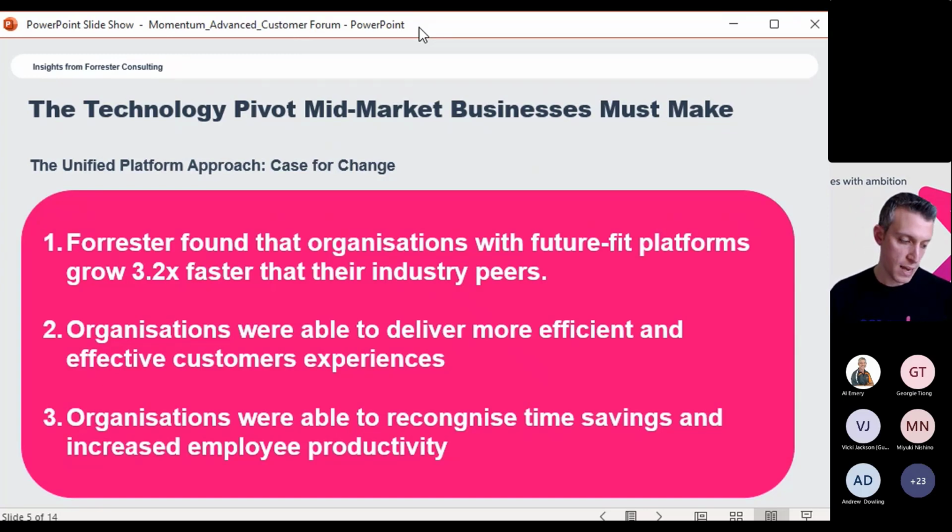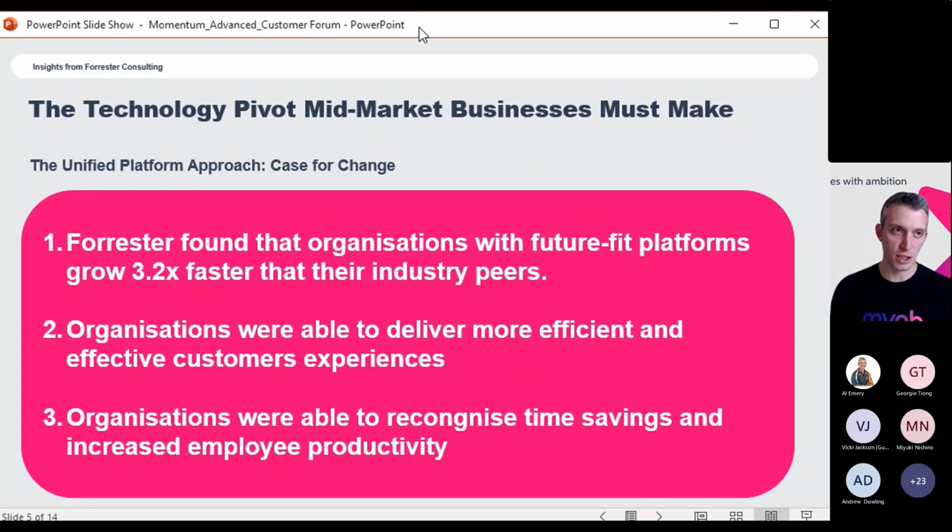The other 2 aspects that came out from this unified platform research were, first, that organizations running in this environment were able to provide more efficient and effective customer experiences. To make it more concrete, if you're in retail and you don't have a unified platform, then your ability to offer e-commerce in an effective way is significantly hindered.